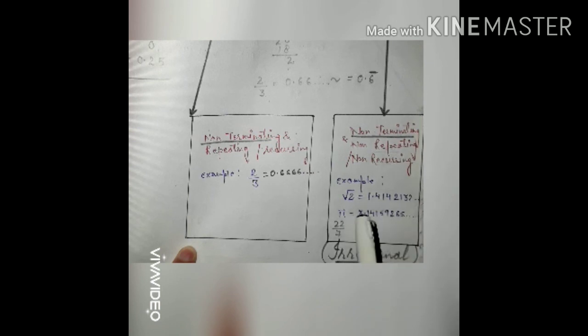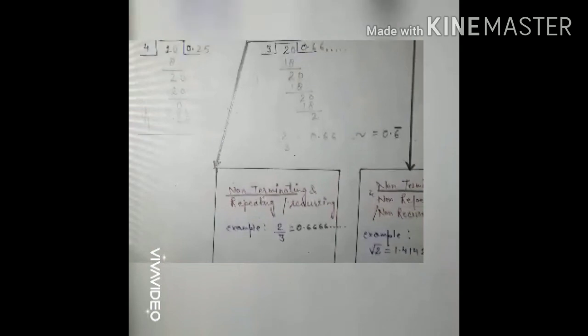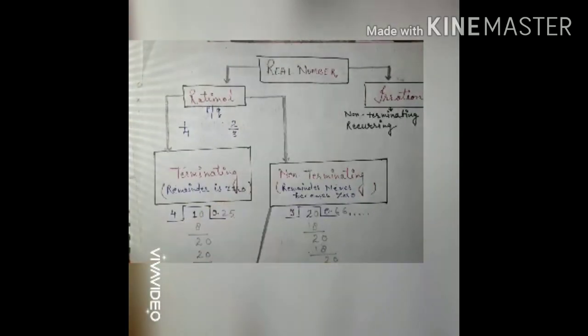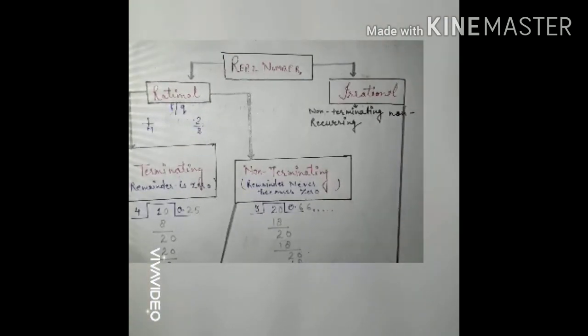Here no digit is repeating. That means this decimal is non-terminating because the remainder is not 0, and no digit is repeating, that means non-repeating. So this is the irrational number's expansion. At the last we can see that for a rational number the decimal expansion is terminating or non-terminating repeating, but for an irrational number the decimal expansion is